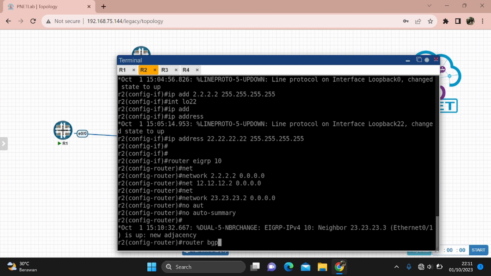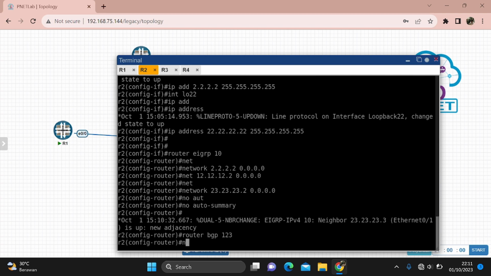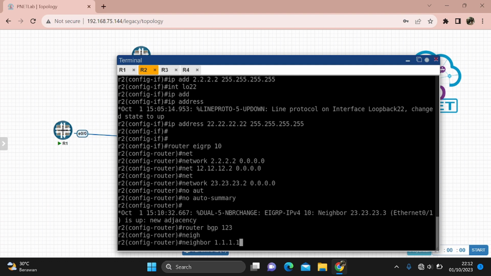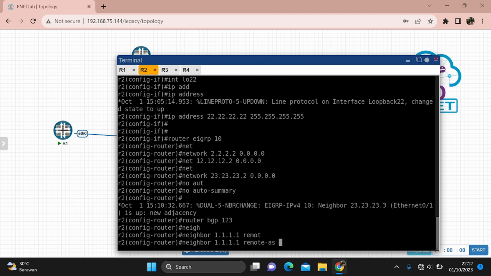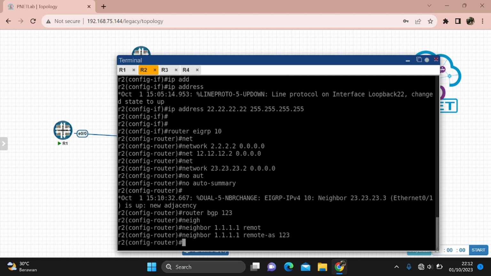Router BGP 123, and then neighbor, update loopback.